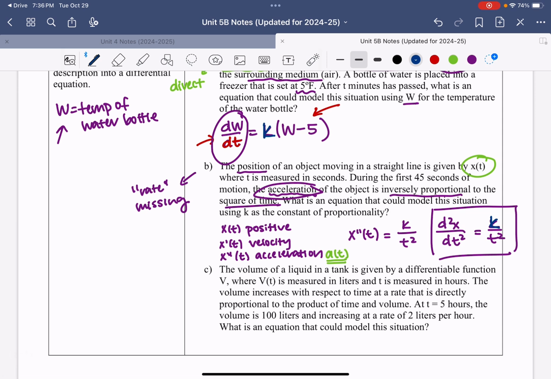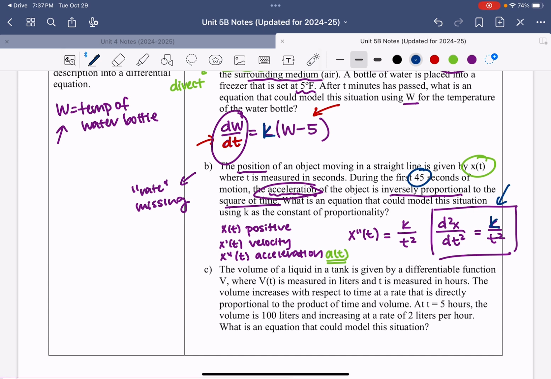Let me go back and say that for B, we were told something about 45 seconds of motion. That's going to be the domain of this. That doesn't apply at all to what the equation is. That just tells us over what interval that equation is applicable. Okay, so as I was saying, we haven't found what k was in the other ones,